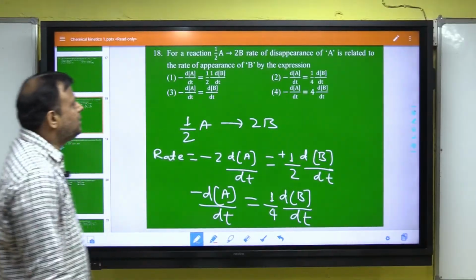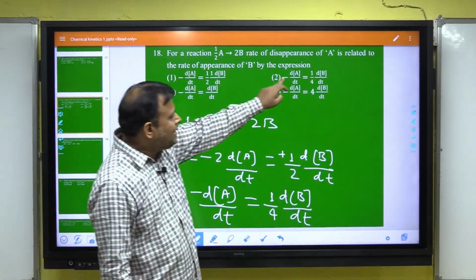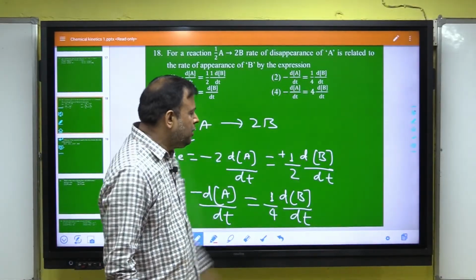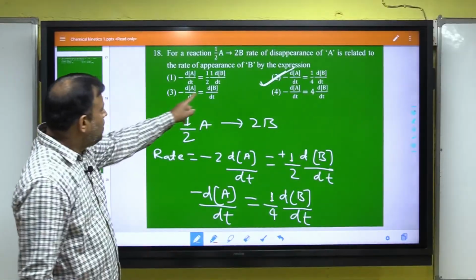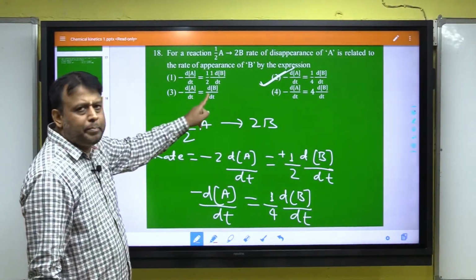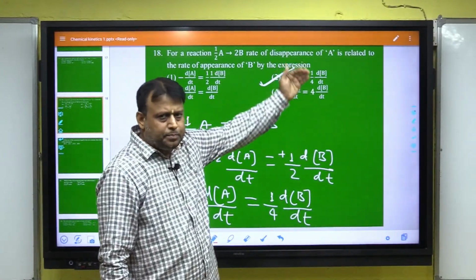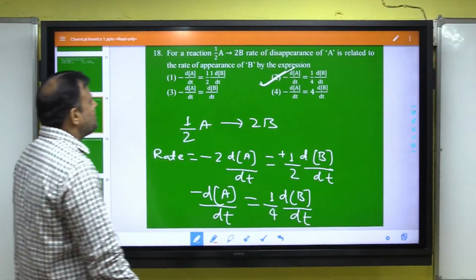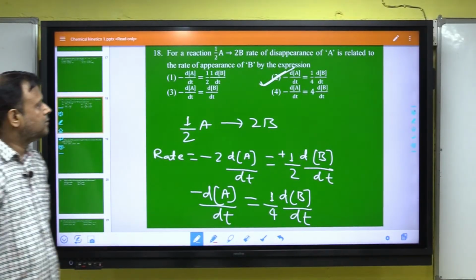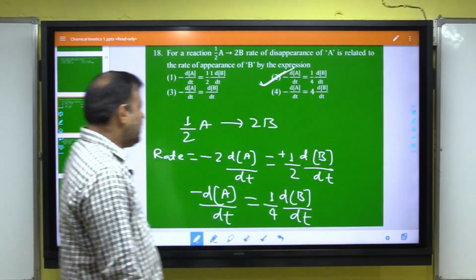Clear? Minus dA by dt, option first, 1 by 2, no. Minus dA by dt, 1 by 4 dB dt, and hence it is correct. Both are minus dA by dt plus dB by dt, no. Minus dA by dt plus ऊपर 4 है, कोफिशिएंट में नोमिनेटर में है, no. 1 by 4, and hence option number 2 is correct. Clear? Option number 2 correct. Next,